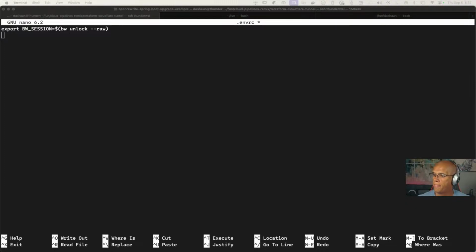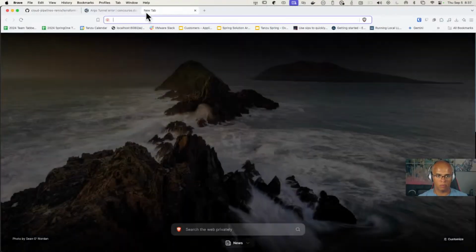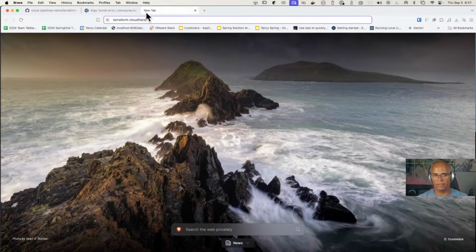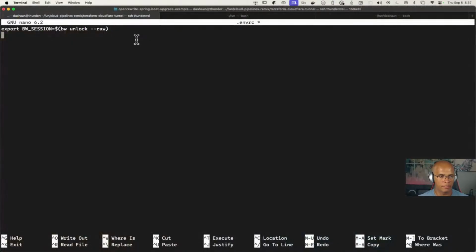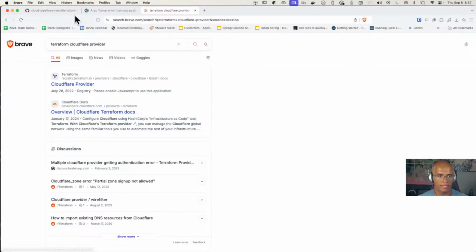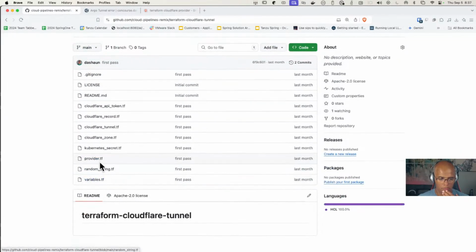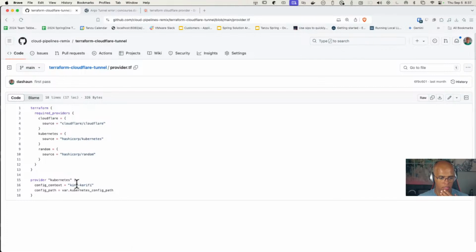Cloudflare. I have an API key. It looks like it was updated. So I don't remember what the environment variable is supposed to be. So let's go look at Terraform. Terraform Cloudflare provider. Maybe I put it in the notes actually. Let's go back here and let's see if I put it in the notes. Provider. Did I give myself any notes? No, I did not. Shame on